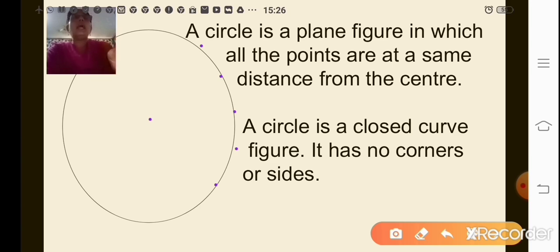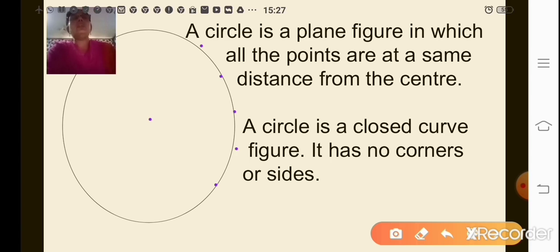It does not have any corners or sides like a square or rectangle. So what is a circle? A circle is a plane figure in which all the points are at the same distance from the center, and a circle is a closed curve figure. It has no corners or sides.